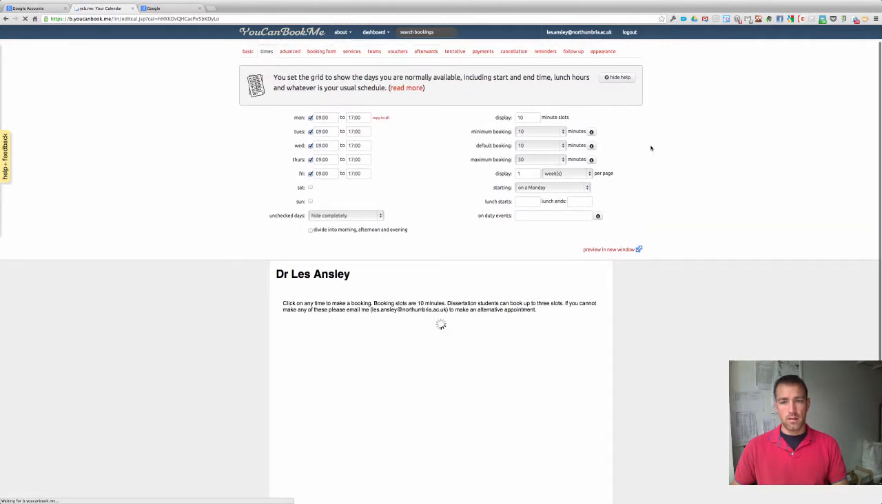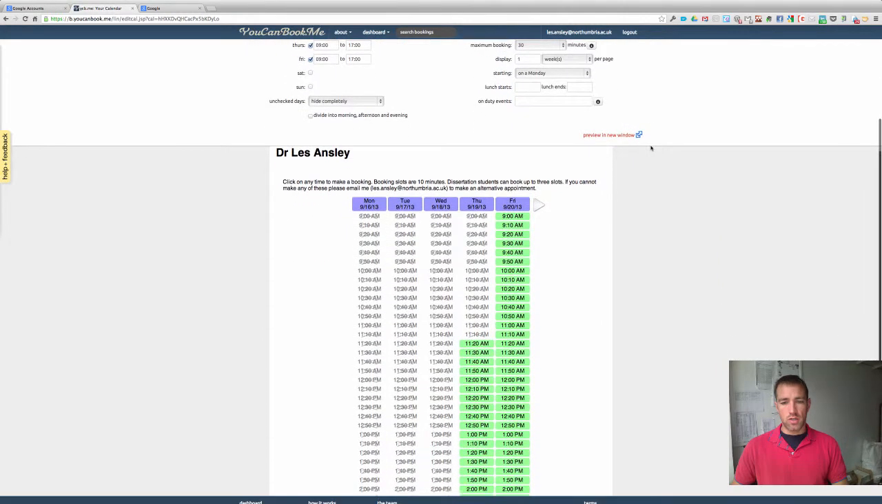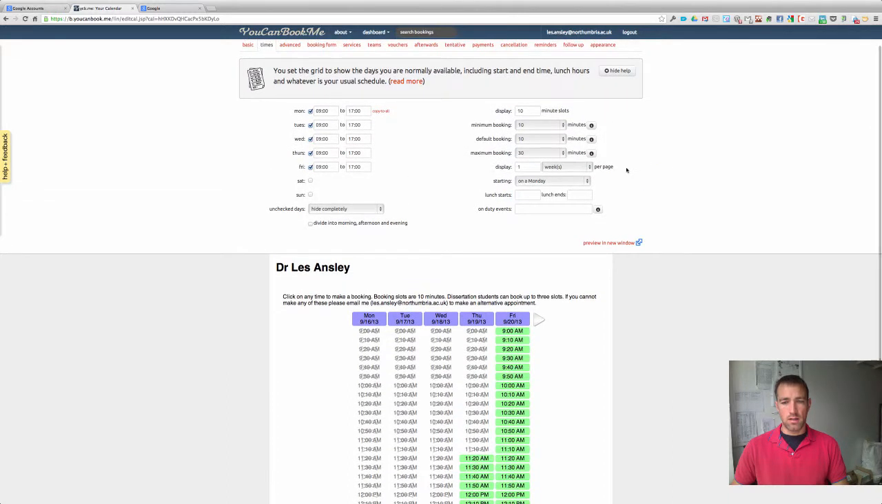Okay, there we go. Now we still have the problem that it shows us available for the entire day. Now this is where it starts getting useful. This on-duty event sounds slightly confusing, but what this essentially means is if you create an event in your Google Calendar called tutorials, so it matches this name here,